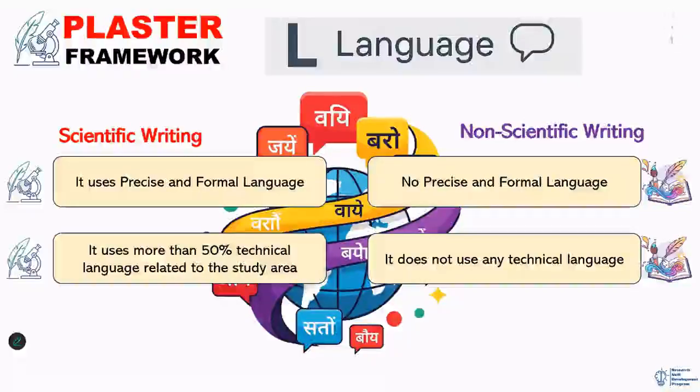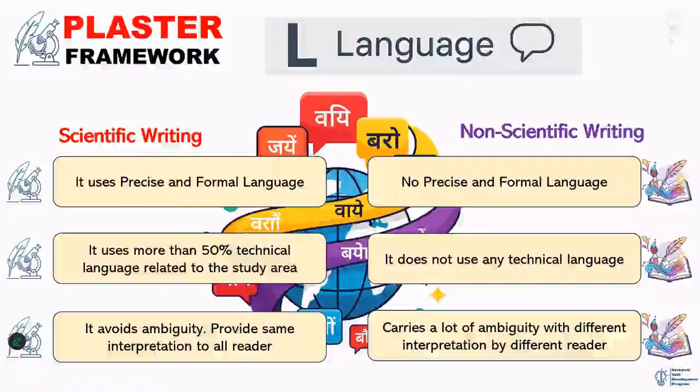And in non-scientific writing, it goes without saying we are not at all bothered about any technical language, because we are neither focused nor looking for any kind of solution for that matter. Then in scientific writing, we absolutely avoid any percentage of ambiguity in the mind of the reader. What is ambiguity here? As I said, science is behind scientific writing, while in non-scientific writing, fiction or something else is there.